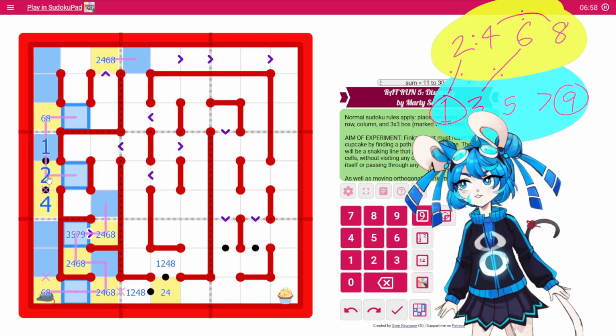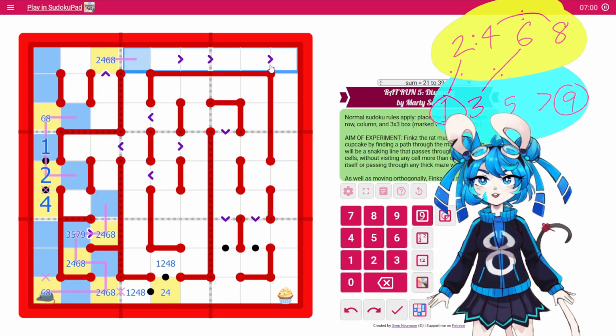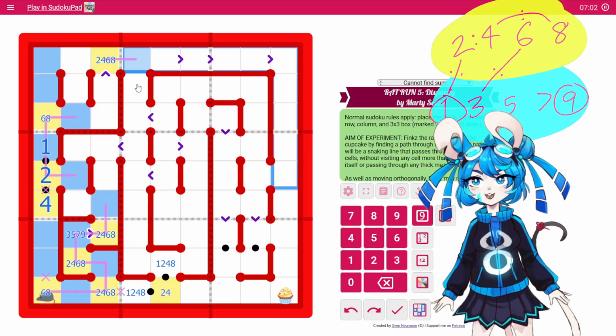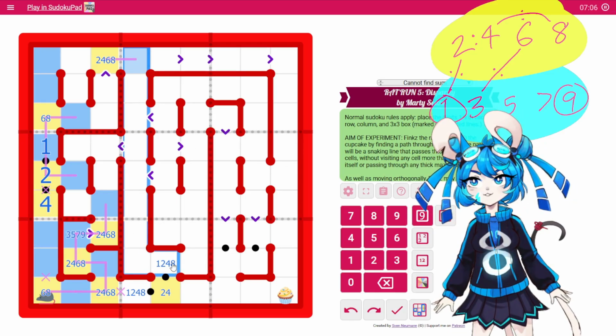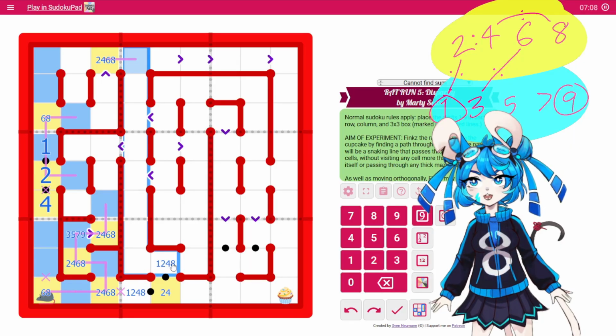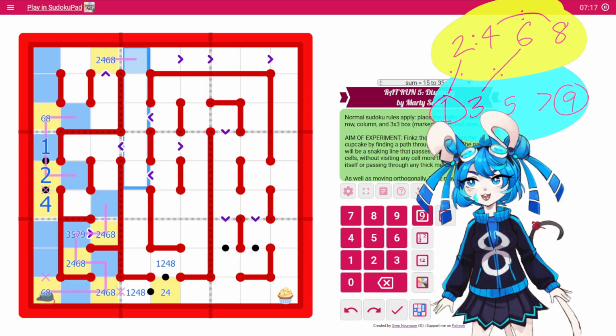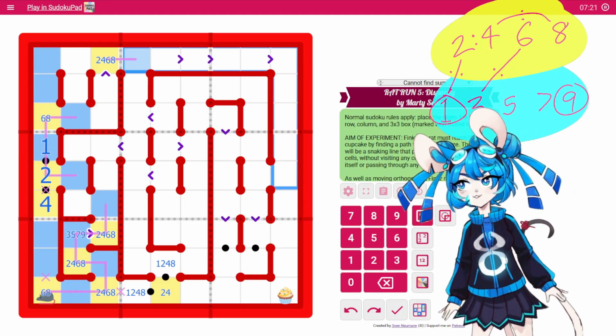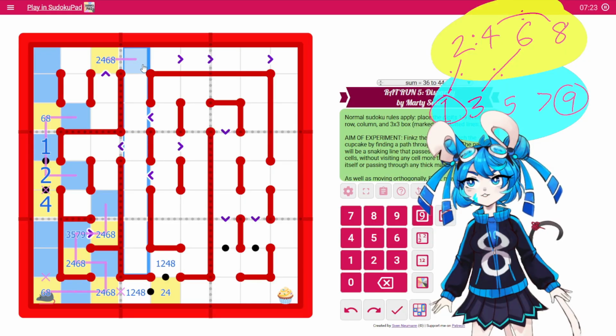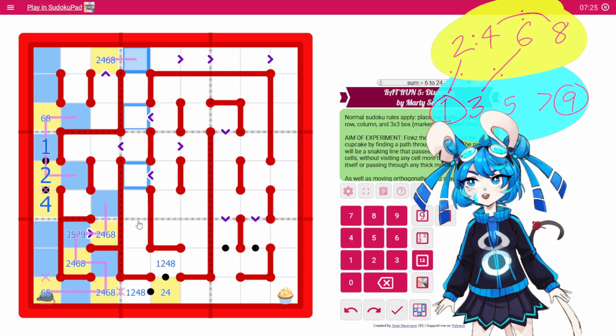Interesting. If it goes this way, that's quite the path. But if it goes this way, it's also a rather long path. Which one seems less likely? I think this way feels significantly less likely than this way, but they're both a little strange. So if it goes down, that would be